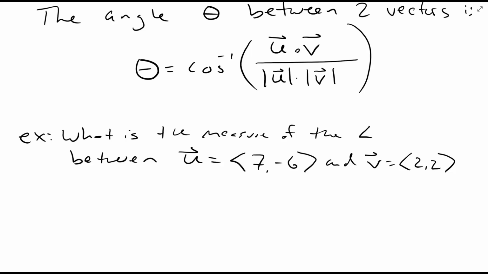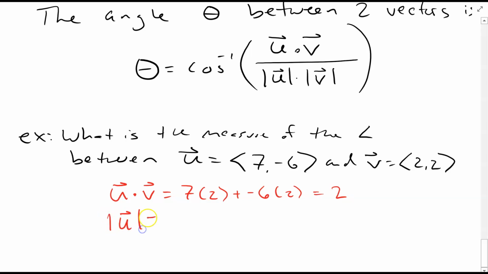So there's three things that I need to know to plug into this formula. I need to do u dot v, so that's going to be 7 times 2 plus negative 6 times 2, which just gives me 2. I'm going to need the magnitude of u, which is the square root of 7 squared plus negative 6 squared. So that's 49 plus 36, which is